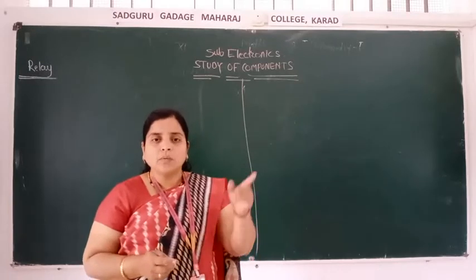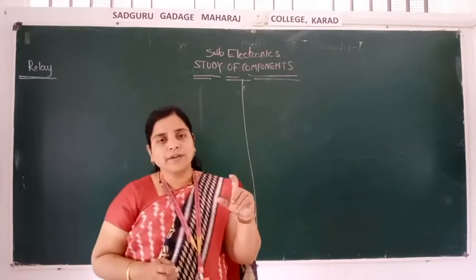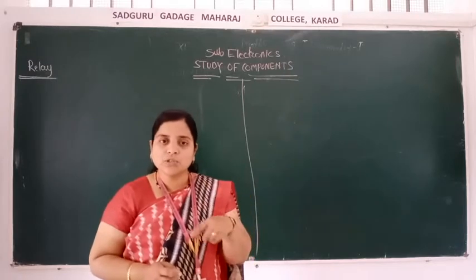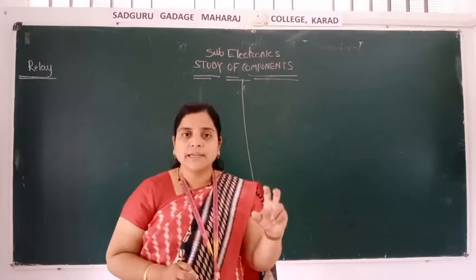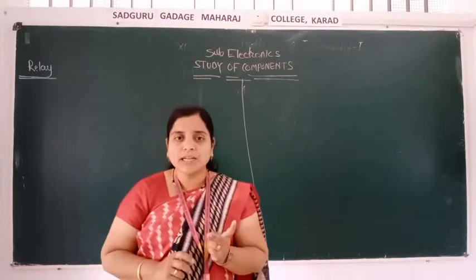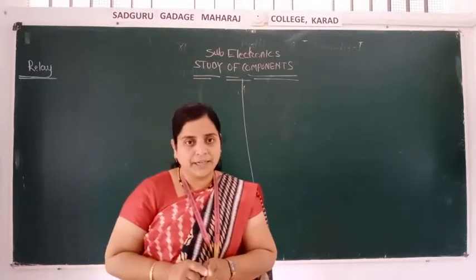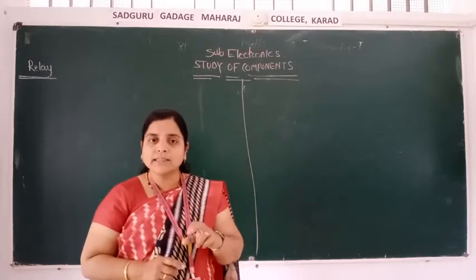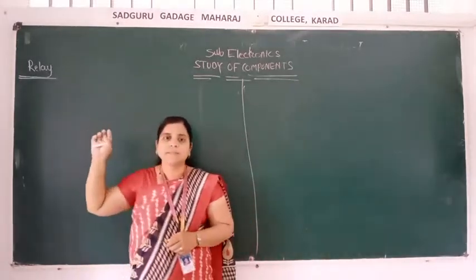Means what happens? It uses a coil. Whenever there is a question of electromagnetic field, then there is a coil. So what is the function of the coil? We have seen in the transformer how the transformer works. It depends on how the primary and secondary are connected. Both are connected with the help of, yes, which field? Magnetic field, not electrically connected. Similarly, here the same concept is there. The electromagnetic concept is used here.